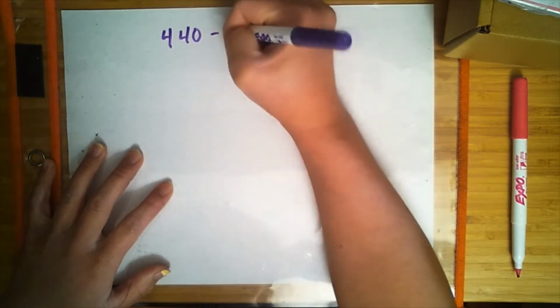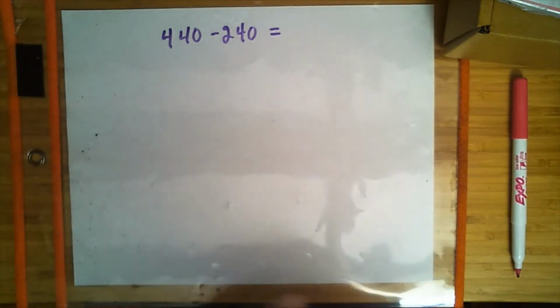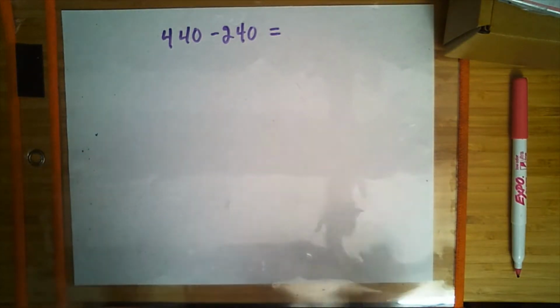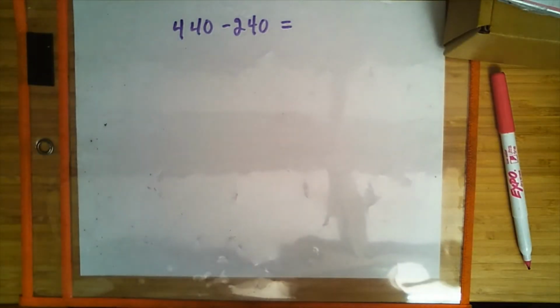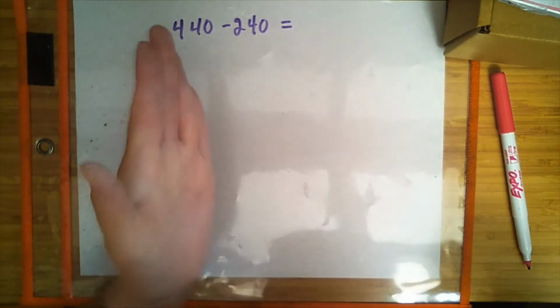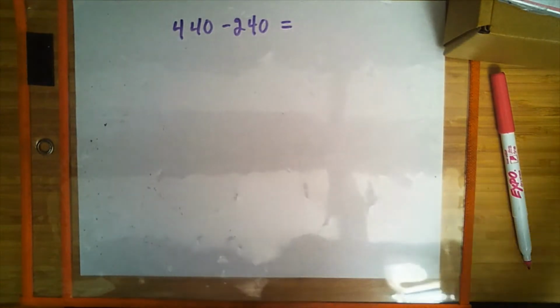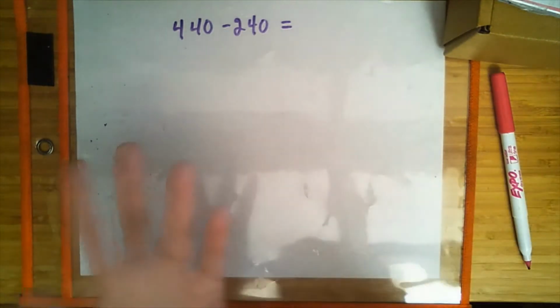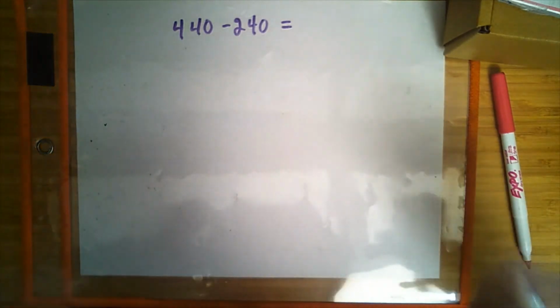440 minus 240. You may do this with the Arrowway, or you may do this with the mini number bond to simplify. Our next problem is 440 minus 240. Again, you can show this with mini number bonds for simplification, or you can do it with the Arrowway. I'm going to show you both. Let's begin by doing